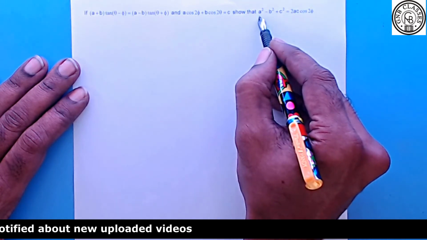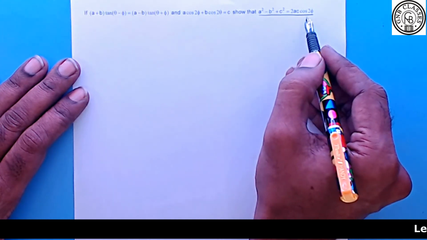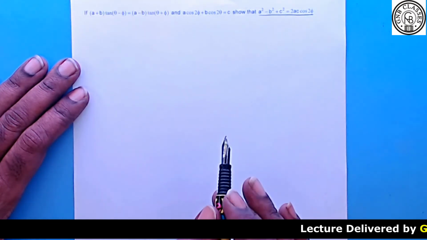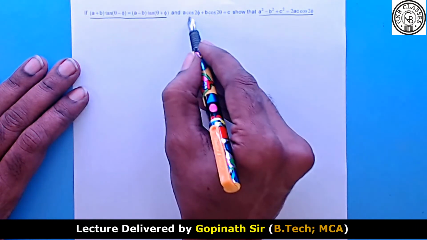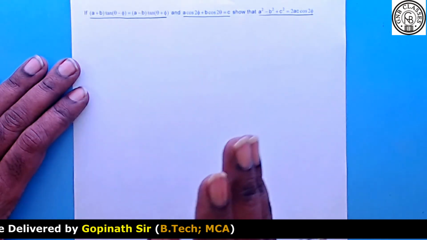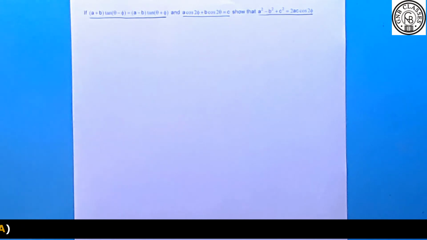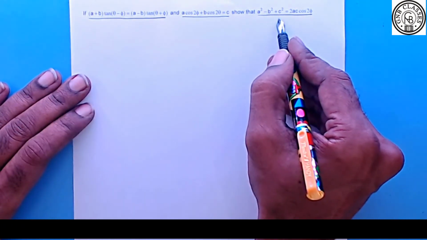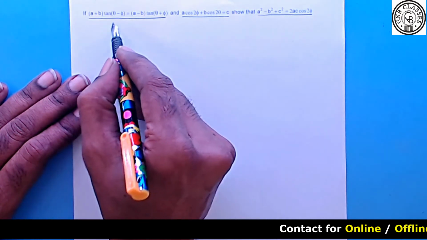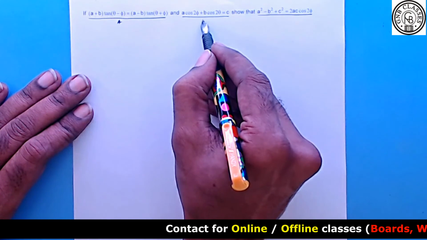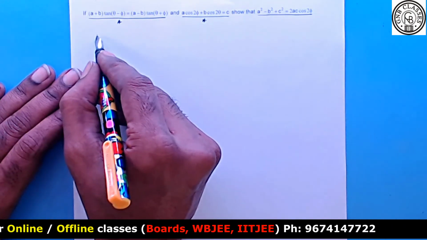Now simply by looking at the proof part, we will find that there is no theta. So what does common sense say? Common sense says that whatever equations we have been given, from these two we have to eliminate theta. The moment we eliminate theta, we are going to get this equation directly. So our main task is to eliminate theta from this equation and from this equation, right? I am doing exactly the same thing.